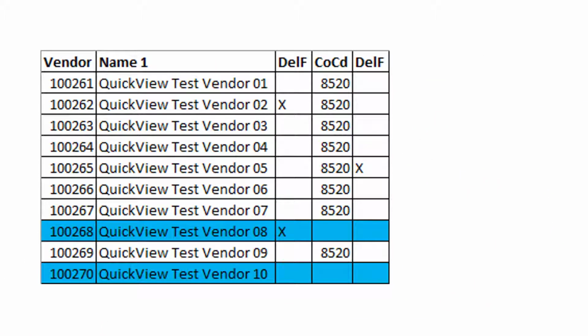Here's the mock-up of the report output created in Excel. The following fields are required on both the selection criteria screen and the report output: the vendor code, the vendor name, the central deletion flag, the company code, and the deletion flag at company code level. As previously mentioned, we'll source the tables and fields for the deletion flags using the display vendor transaction, XK03, and then use the data browser, transaction SE16, to identify the remaining fields.